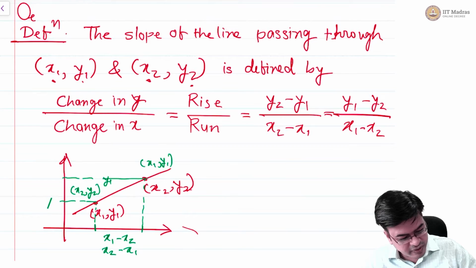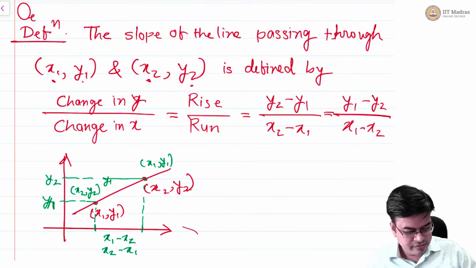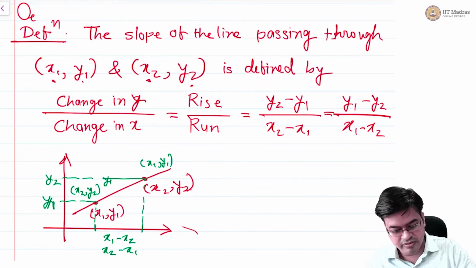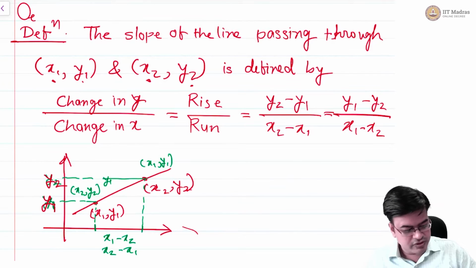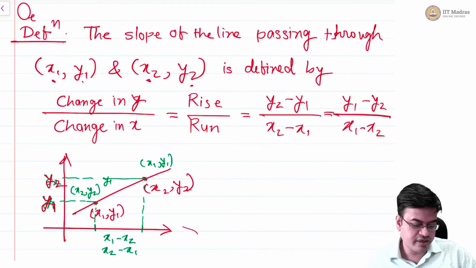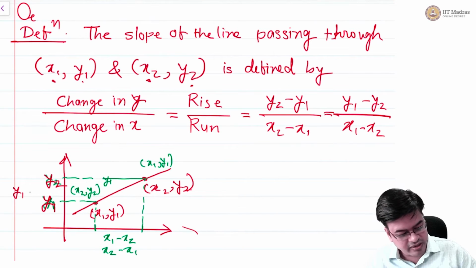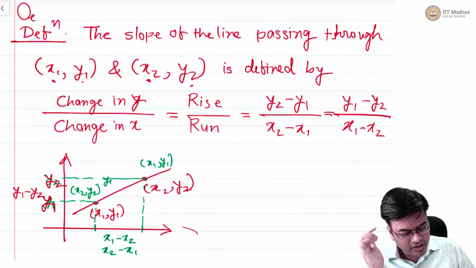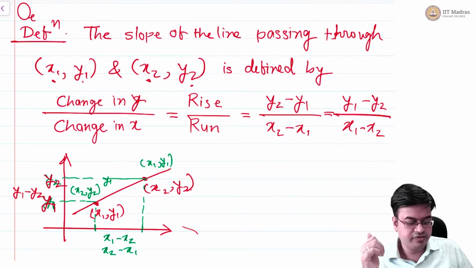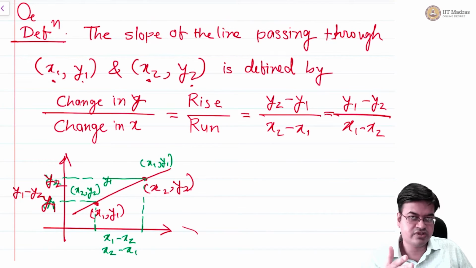So this is say y1 and this is say y2. Sorry, I made a fumble. So in red, this is y1 and this is y2. So whether I am calculating y1 minus y2 or y2 minus y1, I am doing the same thing. What you need to remember here is the coordinate tuple, that is x1 y1. If you are considering x1 y1 first, you should consider x1 y1 first all the time.